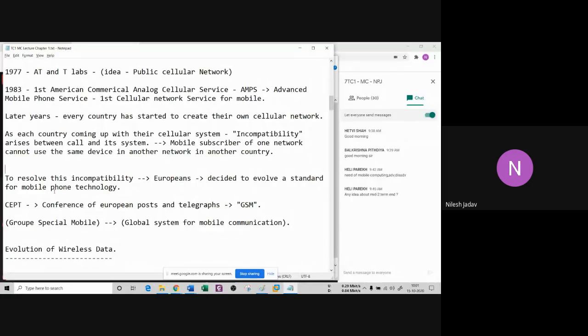And now you have seen that a person who is sitting in America can take a phone from India, and he can contact you. He does not need to change the complete cellular system. It might be possible that he needs to change the card, or the number, but he stays in the same network. He does not need to change any kind of network there. So we have this evolution of wireless network.